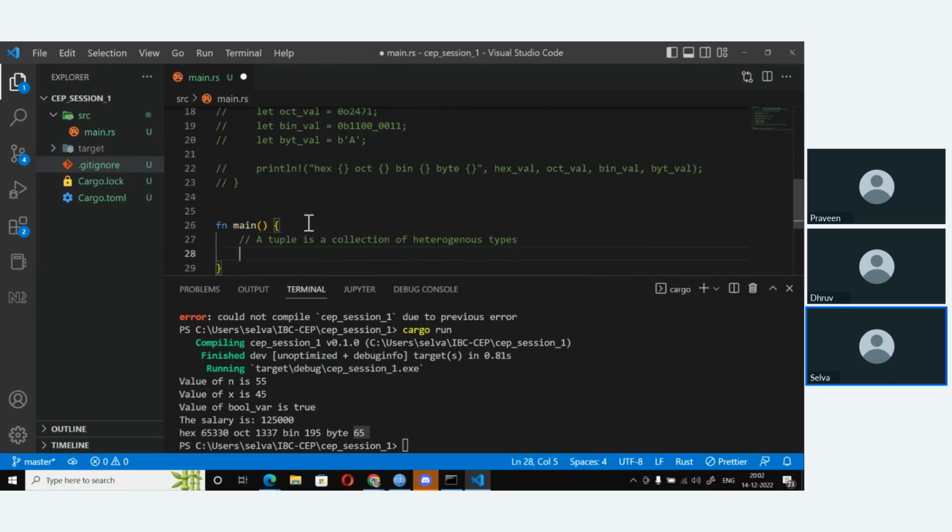Let me show. So let tup be assigned 10, 20, and 5.67. So I've got two integers, one floating point value and one Boolean value.